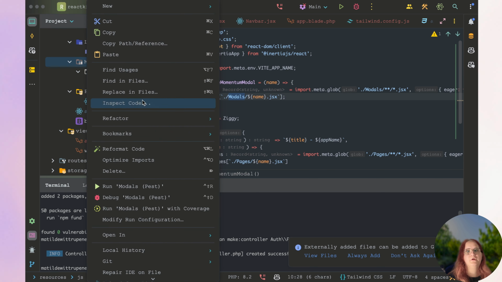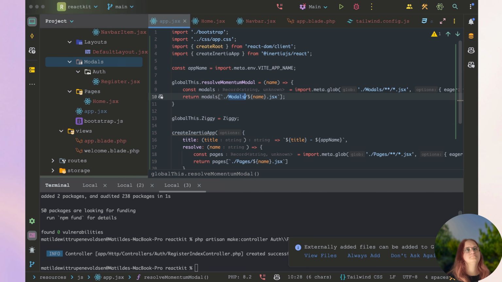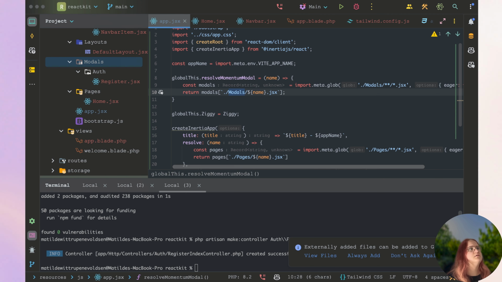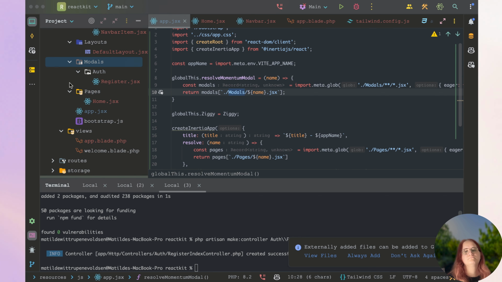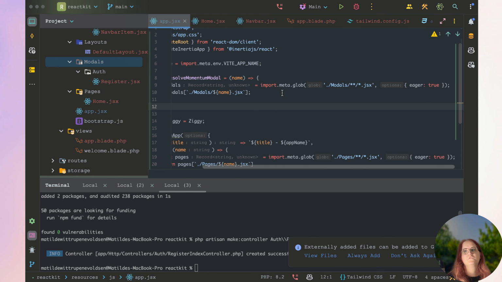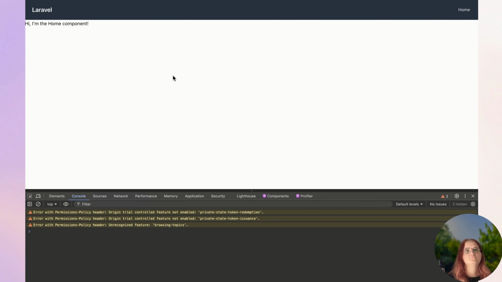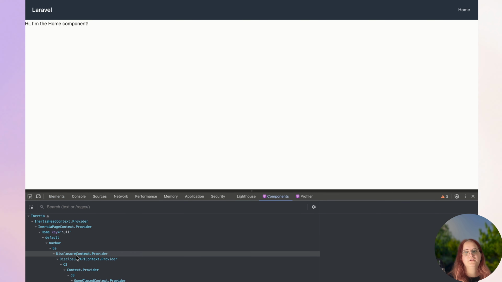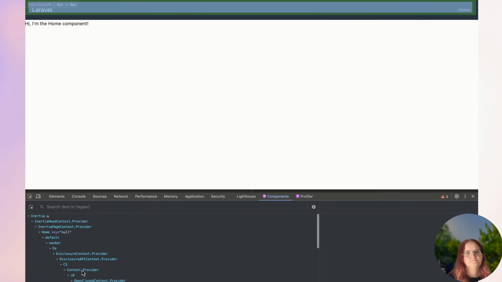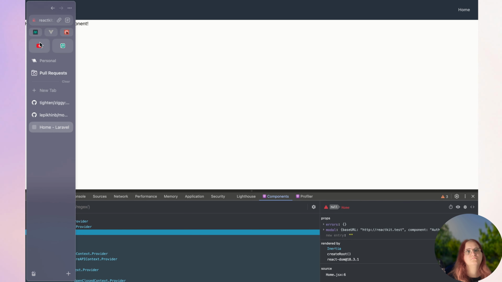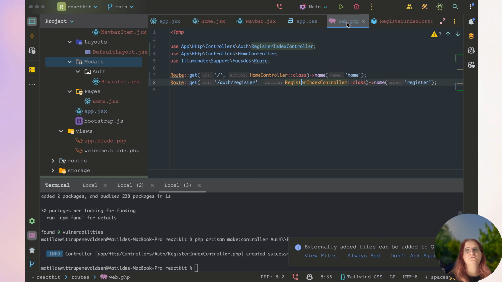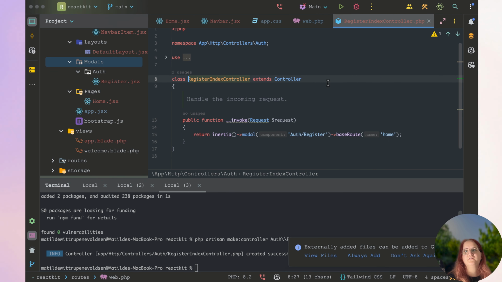We set the modals directory, needs to be inside the JS directory. And we're looking for JSX files. So let's go ahead and see if we missed anything here. Just double checking here. And let's go ahead and look in our components here. Let's close down the file here. So we have auth register,